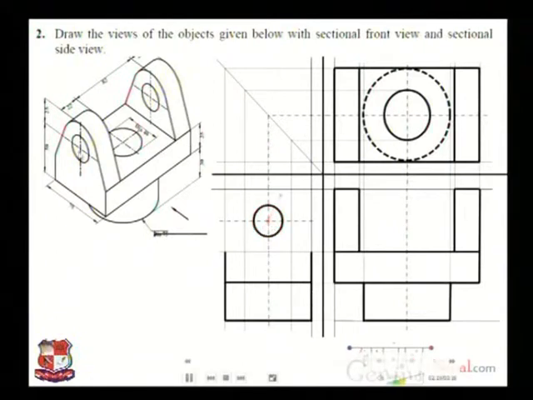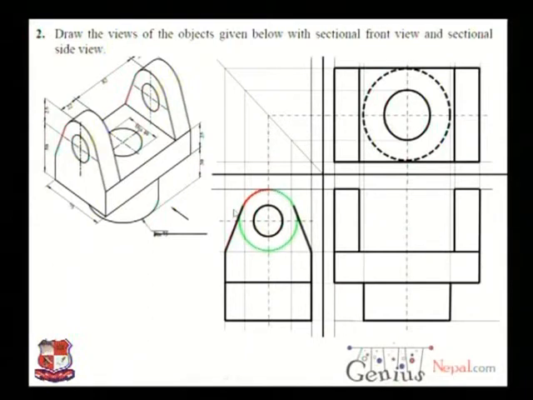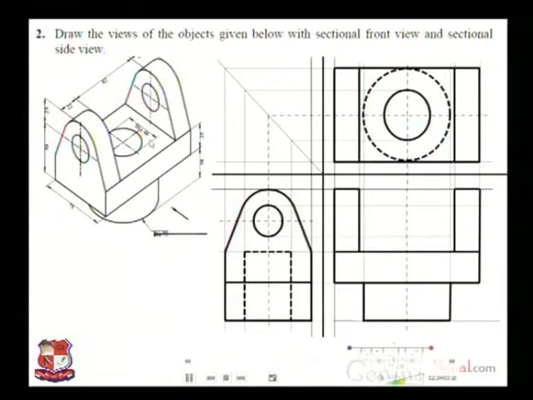Here a circular hole is there, radius 12 millimeter, and another hole 25 millimeter. Another circular arc is there having radius 25, which is to be drawn like this. This dotted line represents the inner circular portion of this bottom cylinder. Diameter 40 is there, so this width would be 40, and that would appear in top view as full lines. Here this circular hole will appear as dotted lines in the side view,